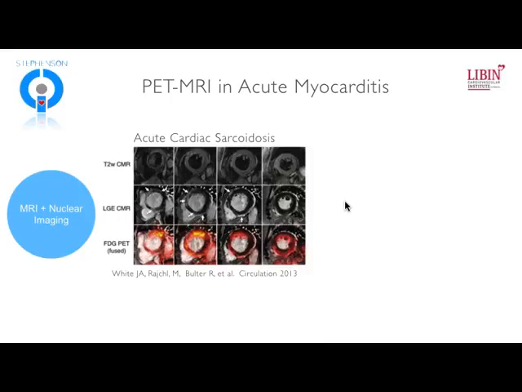So what is the advantage of this? What does PET have that MRI doesn't? Well, one of the things that we've been able to show, and this is a case that really exemplifies this, is that not always are we able to see with T2 weighted imaging the inflammation that we think is there. And so here's an example of a patient with acute cardiac sarcoidosis, so presented with heart block and chest discomfort. And what you can see here is that the T2 weighted imaging really doesn't show any significant changes.